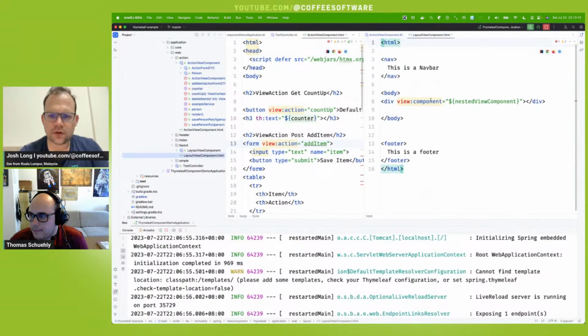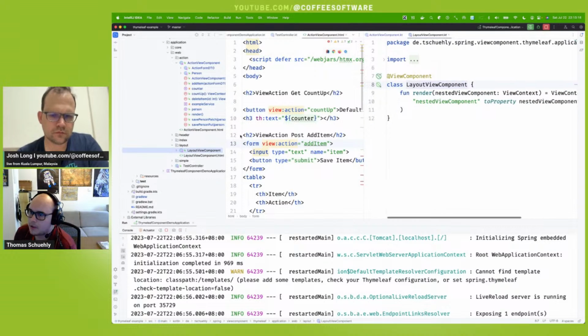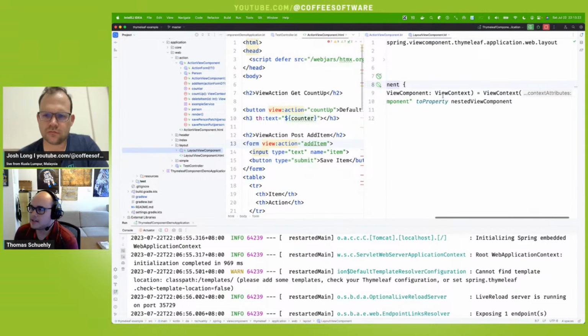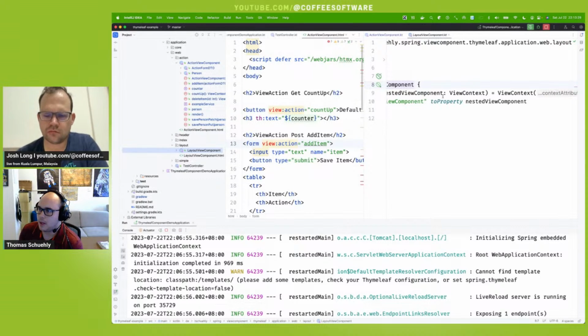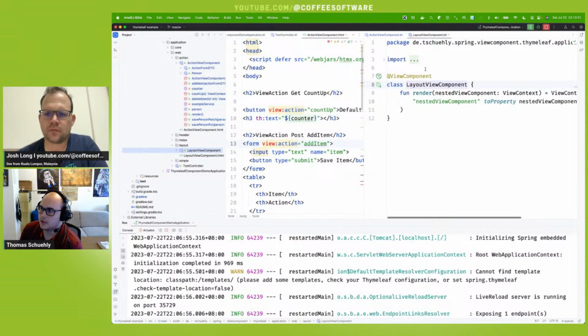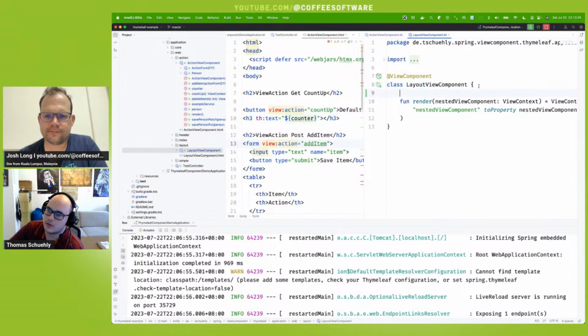Hello. So we got a view component. What you can do, the guy previously in the article on GraalVM, he uses the Thymeleaf layout dialect. But we can do that here just with Spring ViewComponent, because we can just nest view components by passing the view context. So we pass the view context, and if you look into the controller,